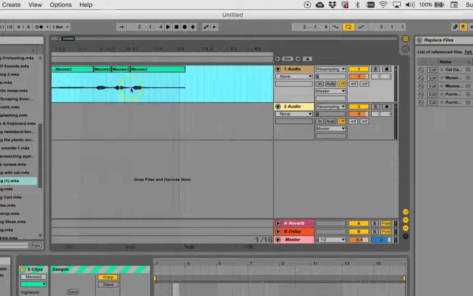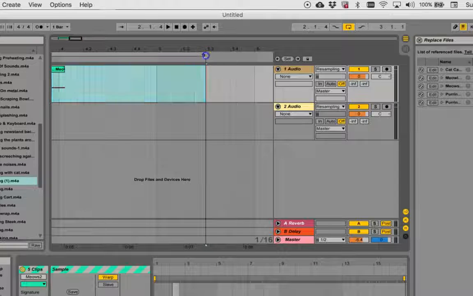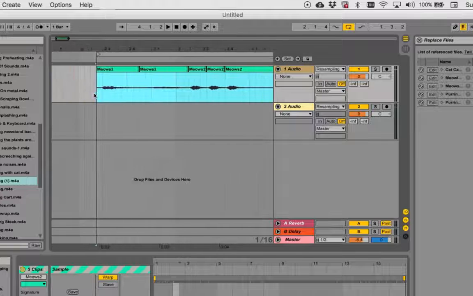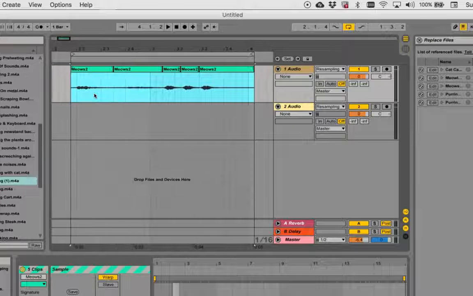Oops. I just want to get that other loop bracket over here. There we go. Okay, here we go. Oh, awesome. Meow, meow, meow, meow. Meow, meow, meow, meow, meow. What could be better than that? So now, if we have this much better